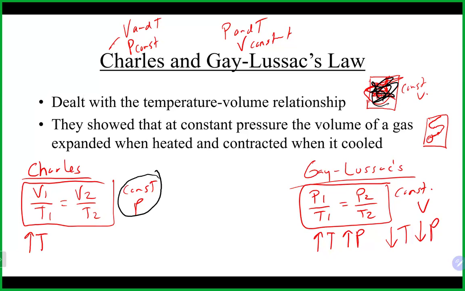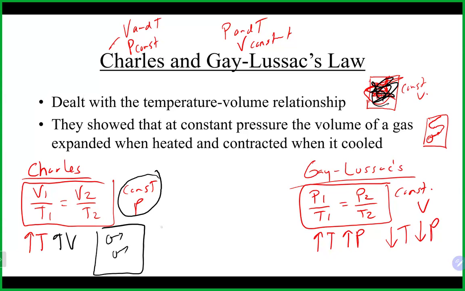So what happens in this situation of Charles' law is as we increase the temperature, the volume actually increases. So you get a lot more room for everybody to fly around in. And because they're flying around a lot faster because of the increase in temperature, by giving them the extra room to fly around in, that ends up keeping the number of collisions relatively constant. And that is what keeps the pressure constant. So in Charles' law, the volume adjusts to allow the pressure to remain constant.